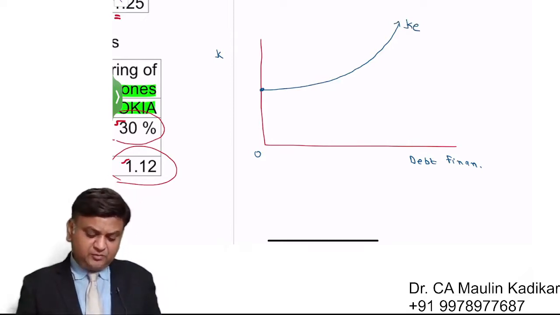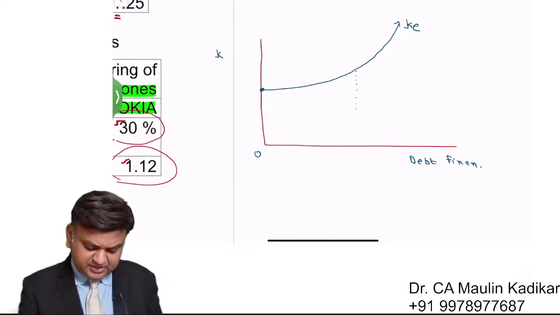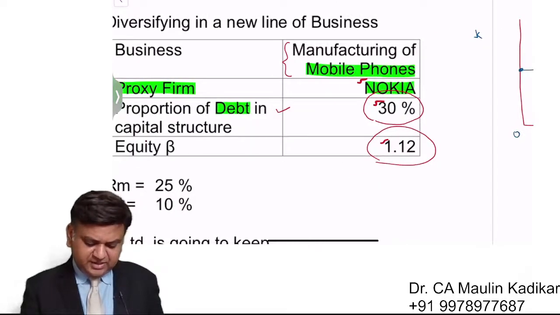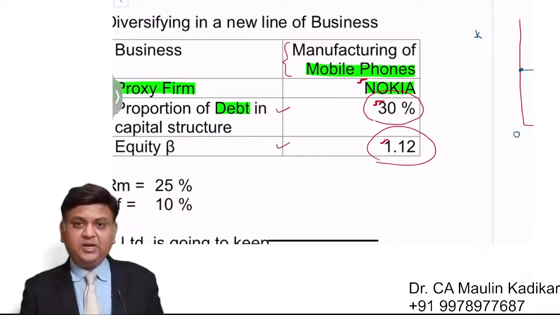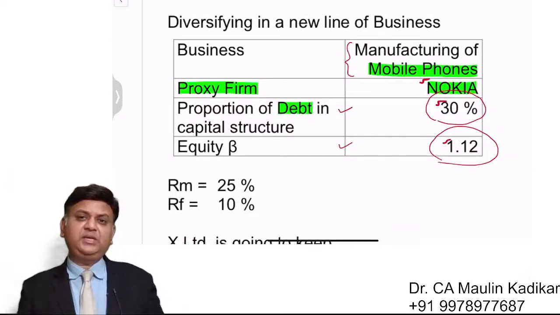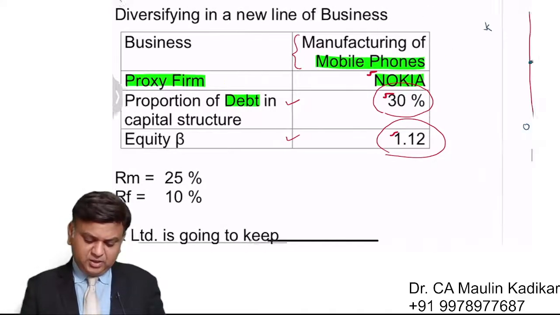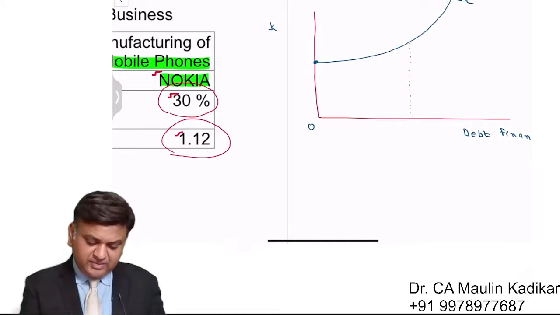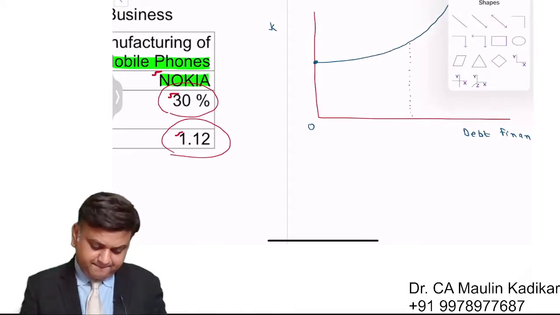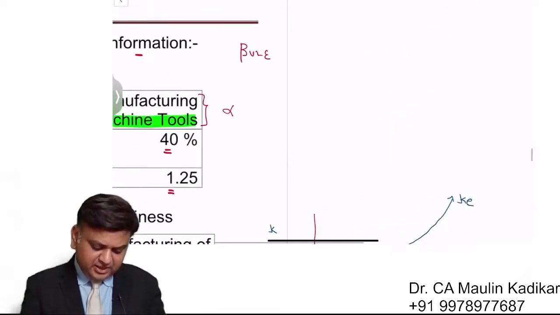इसलिए यहाँ पे जैसे हमको information दे रखा है कि जो proxy firm है उनका debt financing कितना है, उनका debt financing है 30%। So this 30% debt financing में उनका equity beta कितना है, 1.12 है। We understand that, so listen carefully. Using these details, we will make first of all the calculation of what is the beta of unlevered equity. Beta of unlevered equity का मतलब क्या है वो आप समझो।